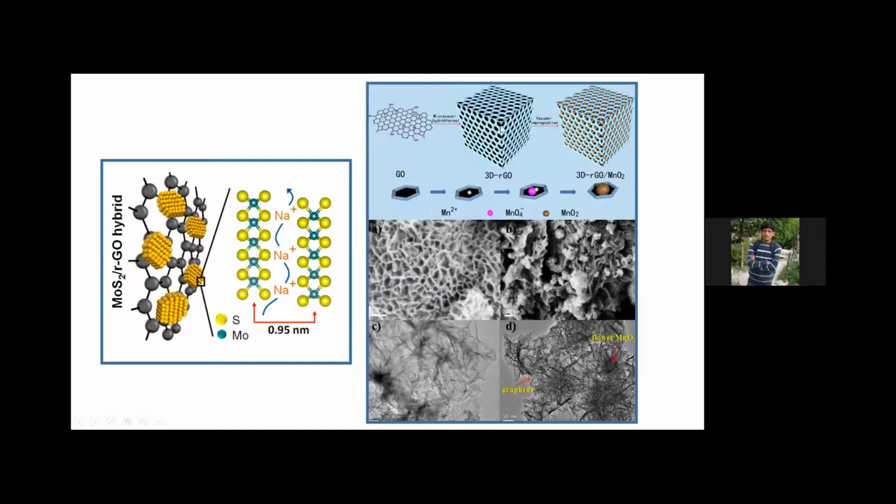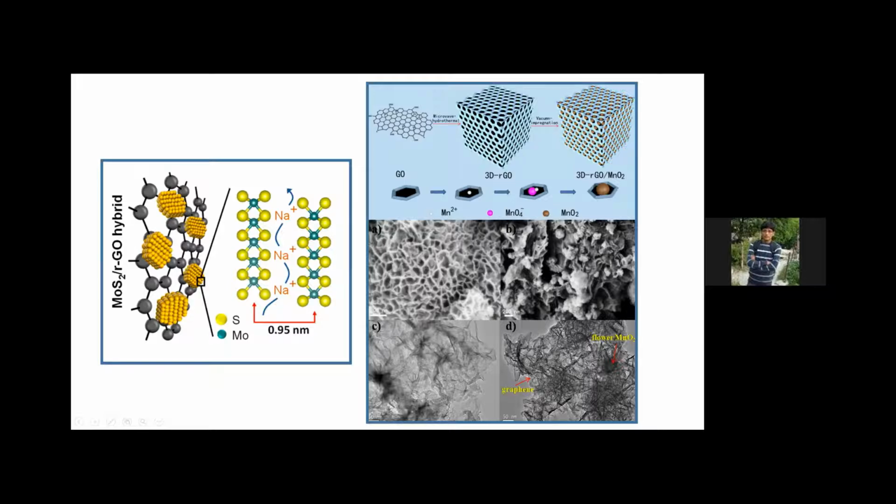So once this process is finished, this graphene oxide, which is two-dimensional, becomes a three-dimensional structure with pores. And at the same time they use a manganese precursor. Suppose for MnO2 they use KMnO4, for example, which has manganese. So it becomes a 3D RGO, and inside this is the MnO4. And then with the post treatment they can get the 3D reduced graphene oxide MnO2.